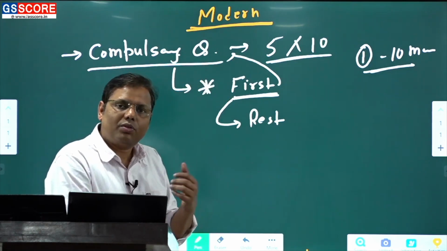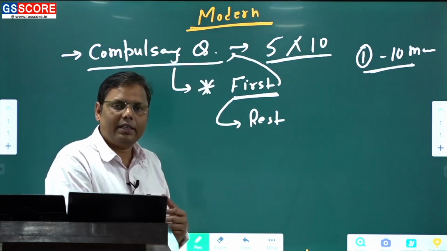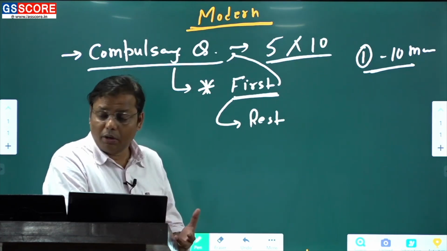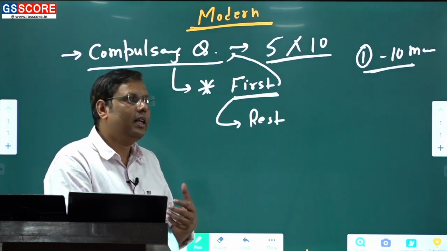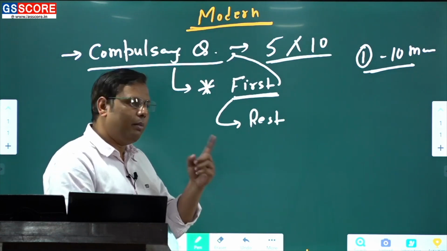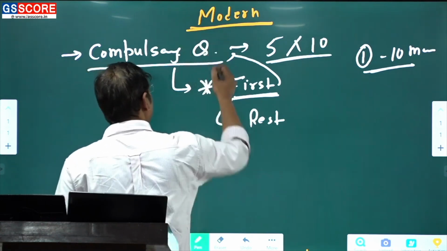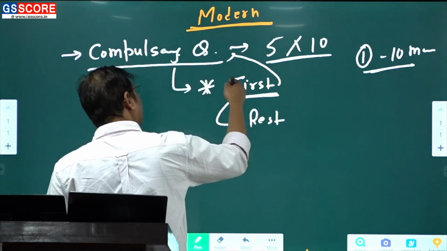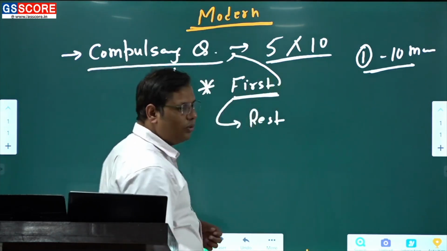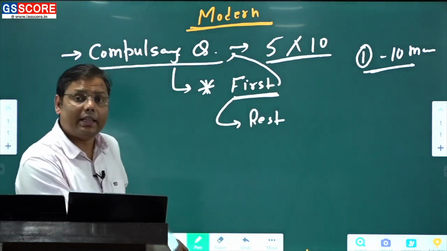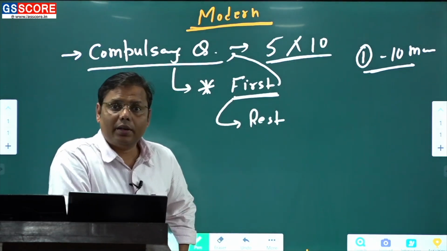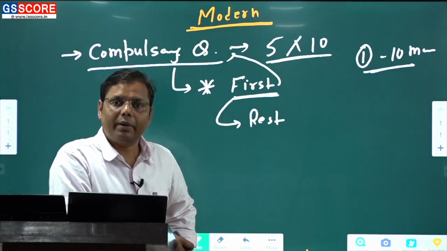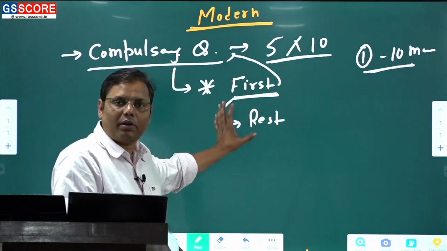So what happens if you try to cover the syllabus unit wise and you skip certain parts and focus on certain areas? That could be done. Why could it be done? Because there are certain areas which are less important. But the problem is that since these compulsory questions have a greater weightage, you have to attempt all the questions. And not only attempt all the questions, at the same time in the compulsory questions you have to perform pretty well also. Then only you can think of getting better marks. So that's how it is very important.